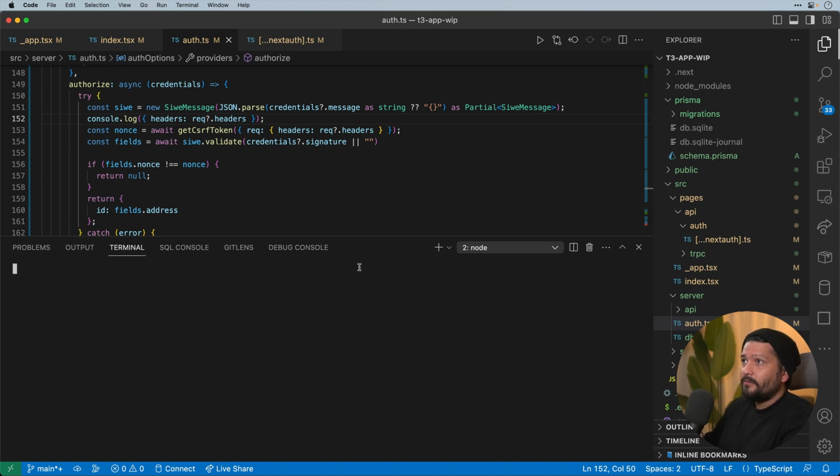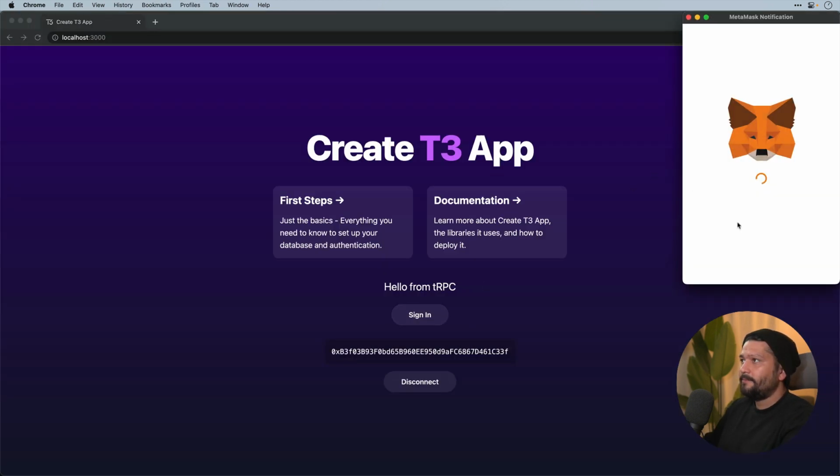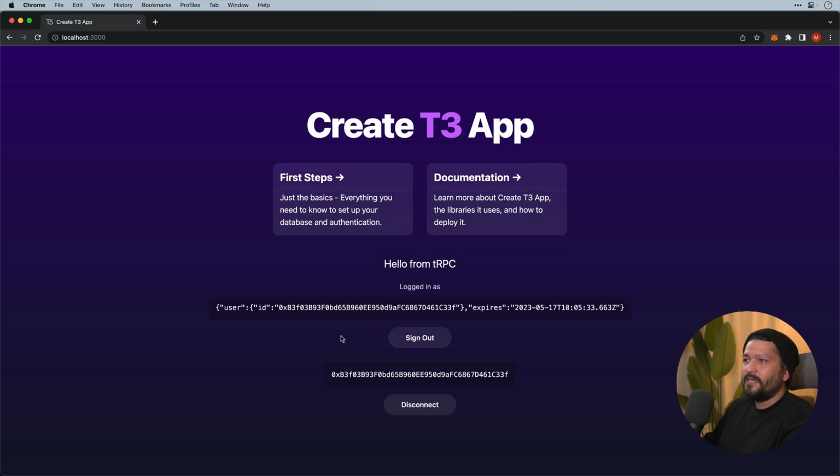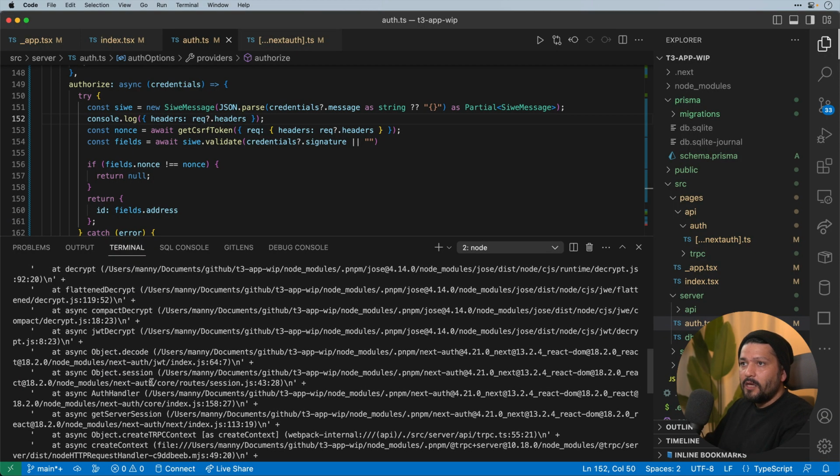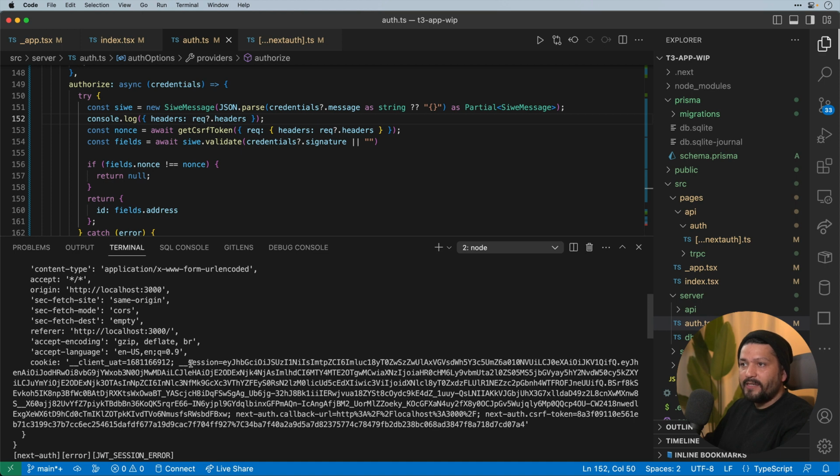If I clear this out, let's try this again. I'll sign in. And you'll see that I've successfully established a session as a user showing my wallet address. Now you'll see that the secret message is unauthorized, and we'll get to that in a second. But as far as the headers go, all that data is being presented and being passed through to be able